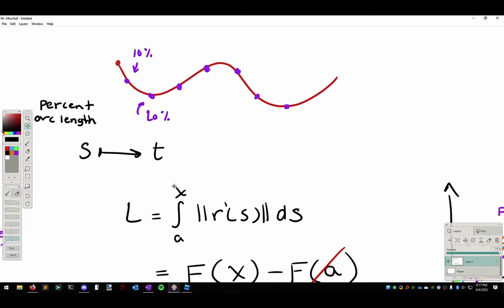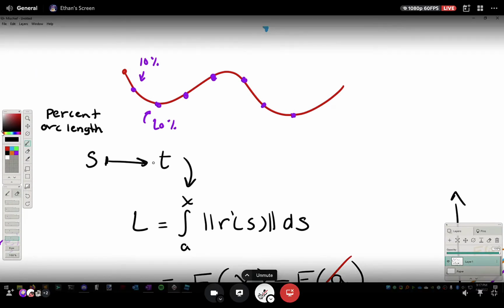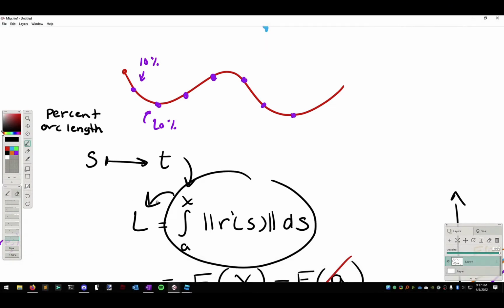We want to ask, what is some percent of the way along the curve? And then we want the actual input, I guess. Oh, so this t is that x. So we want to find the point, right? So we want to integrate up to the point where we get this L, I guess is what I'm trying